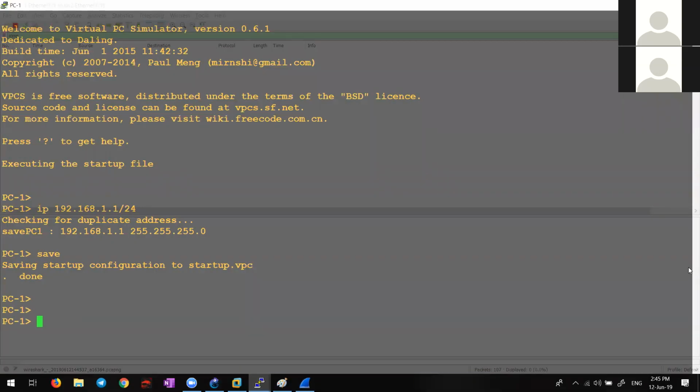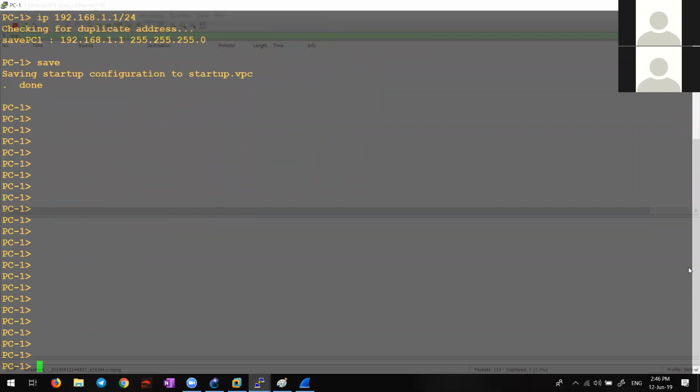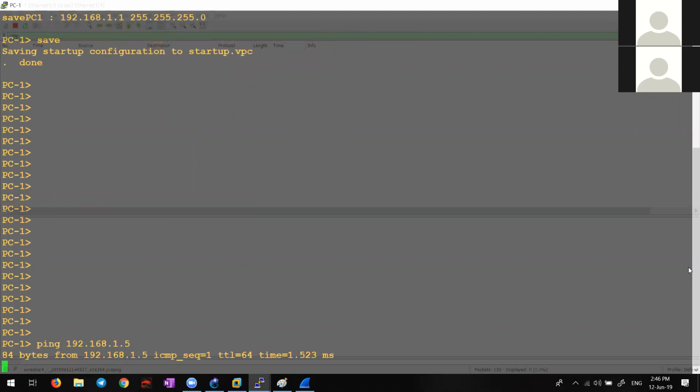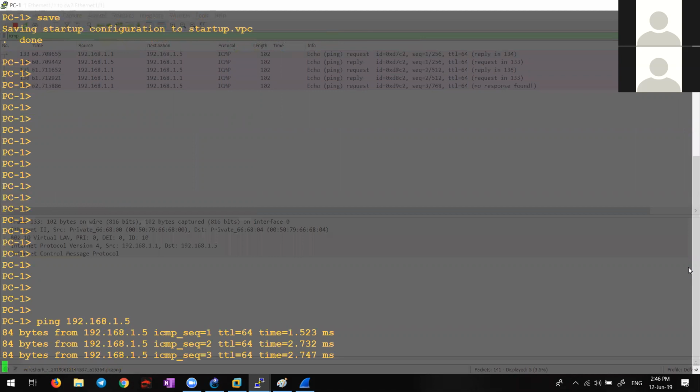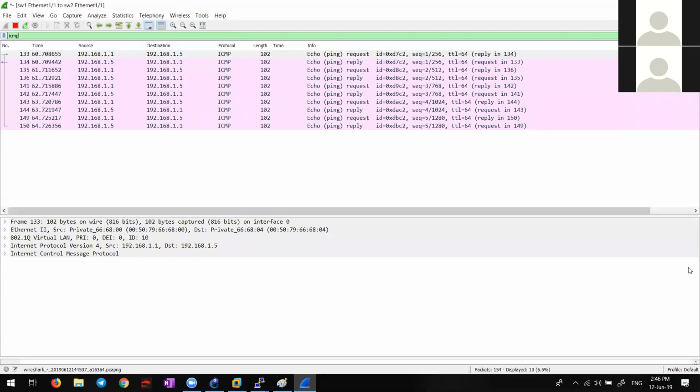In PC1, I'll try to ping 192.168.1.5. I'm getting a reply, and you can see in Wireshark there are ping packets going on, correct? Now I'll go to the first ping packet, which is sent by 1.1, that is PC1 sending to 1.5.